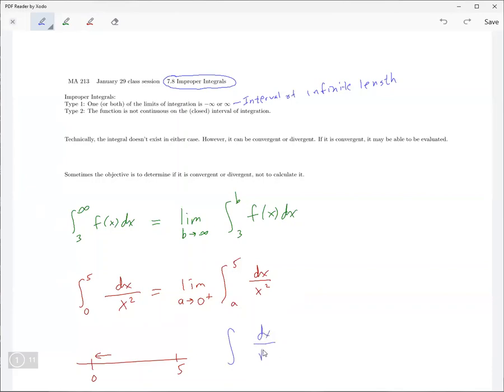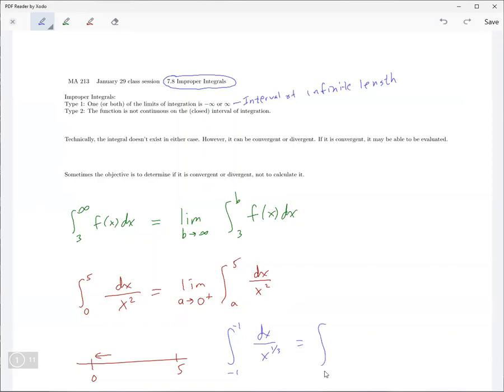Let's say we have dx over the square root of x, okay? And you're going from, we can't go from -1. Okay, let's change this. So this is 1 over the cube root of x, and you're going from -1 to 1, and you want to know what the integral is.